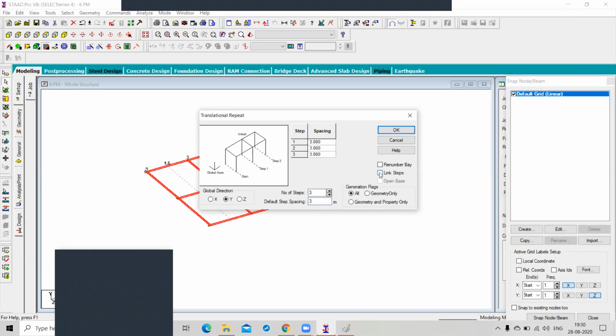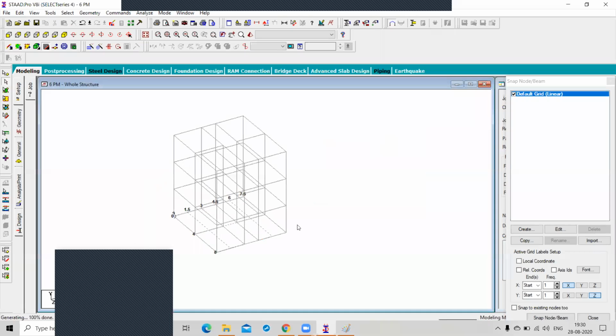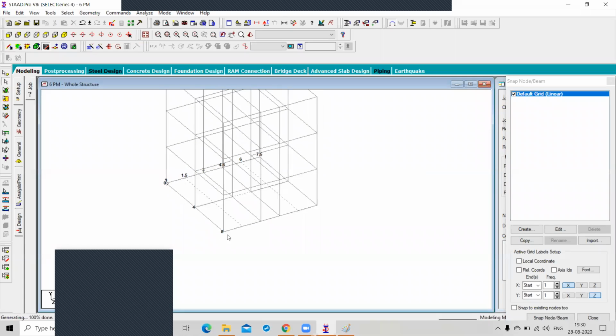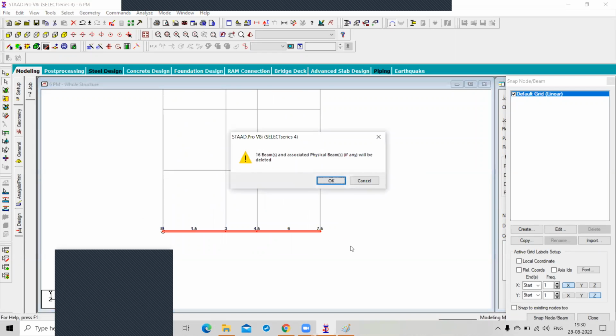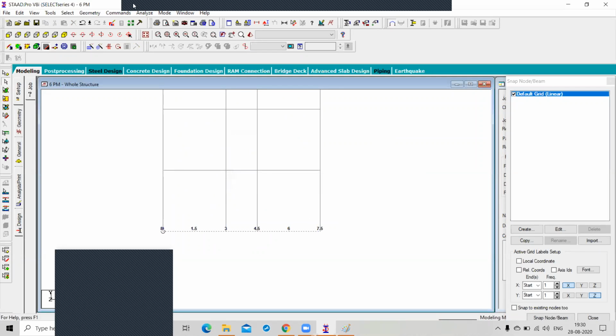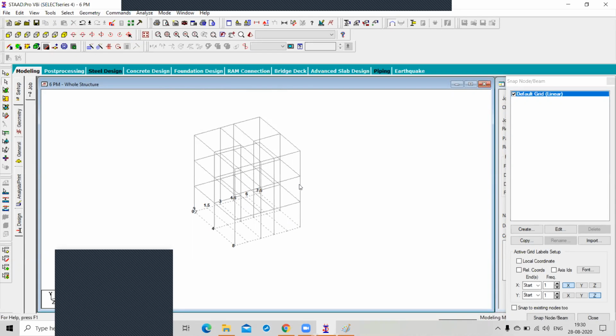Click on the link step. Okay, so this is your plan. And now this is your column position, where you are going to create a foundation. That's why you select these beams and click on the delete button. So this is your desired structure.